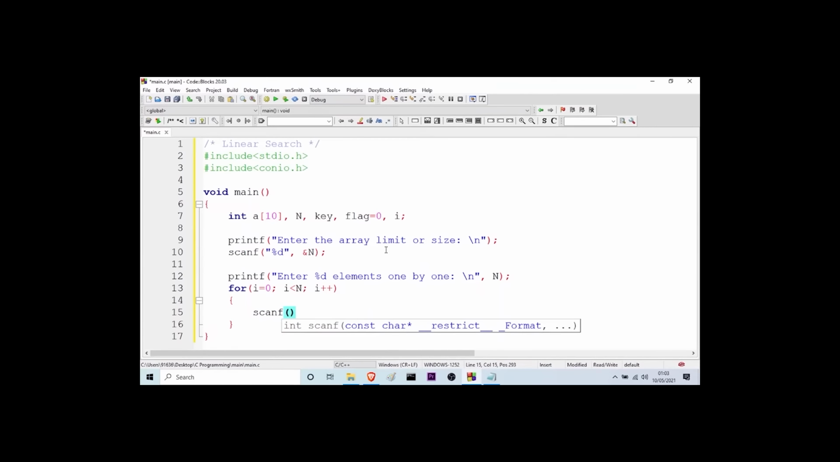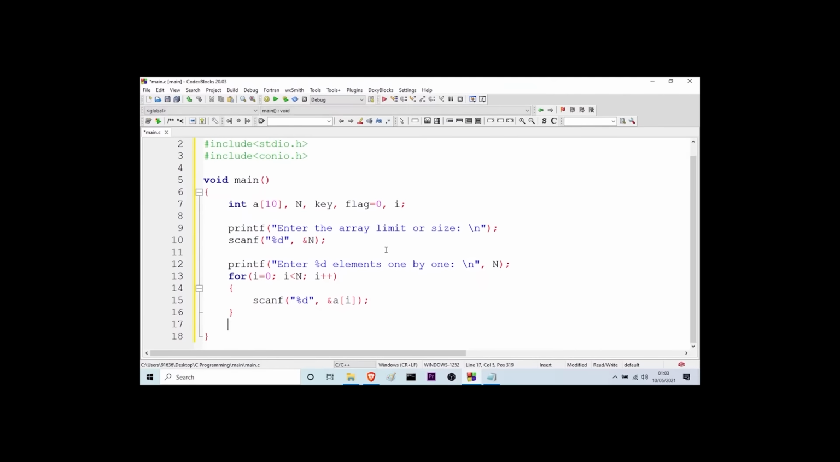I will write %d comma and a of I, so that I can store the numbers provided by the user in the array. So after that,